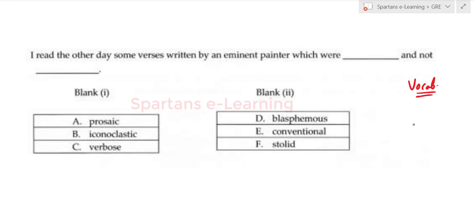Once the shift happened to this kind of questions where they give a sentence with a double blank, triple blank and so on, it is not that they're ruling out your vocab skills. Even now they're testing your vocab skills, but they're testing your practical vocab skills, not just your mugging up skills. How good are you at vocabulary, at the nuances, at the application of this vocabulary. So now it is time to put even more focus on vocabulary than earlier, right?